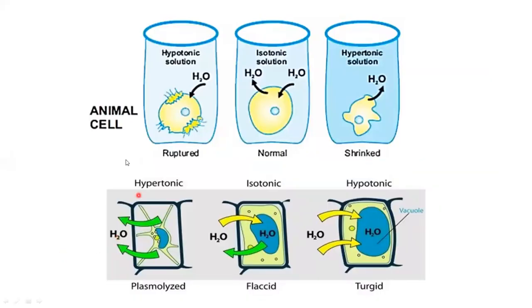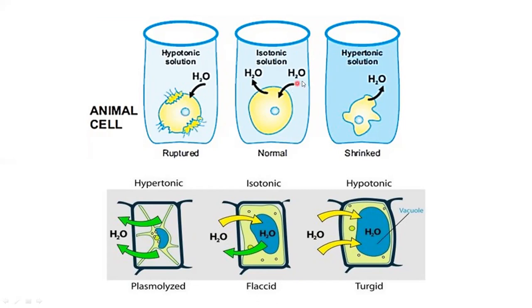So what happens when an animal cell is placed inside a hypotonic solution? When an animal cell is placed in a hypotonic solution, it means the solution has a higher concentration of water and the water concentration of the cell is lesser. That's why water tends to move from an area of higher concentration to an area of lower concentration. In this case, the cell becomes turgid and one state comes that the cell ruptures because of the influx of